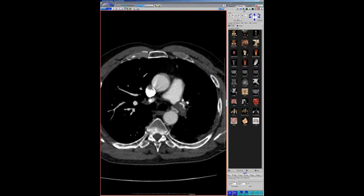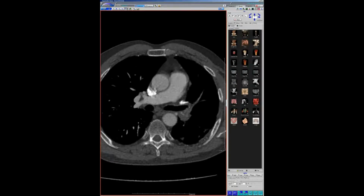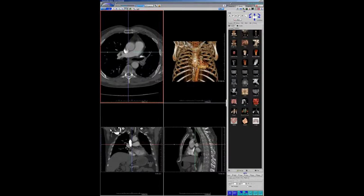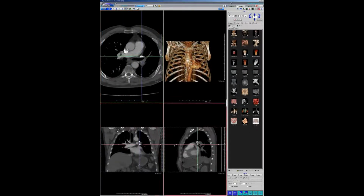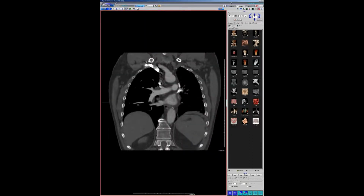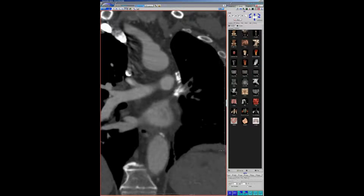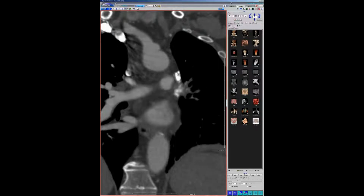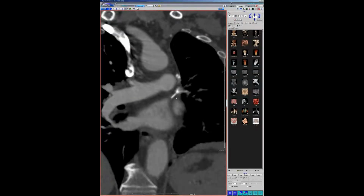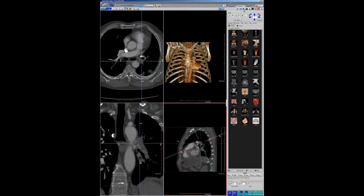Thrombus looks a little strange. There's some calcifications which can happen in thrombus, which isn't abnormal. But what's interesting is if you see here, not only was the right PA completely normal, but if you look here, this calcification here, that's what's left of a pulmonary vein. And additionally, we got some other granulomatous-like calcifications in the AP window region. And if you look at this PA lesion, which is very interesting,